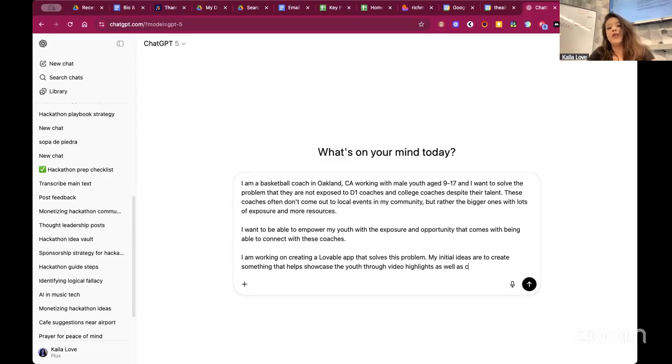As well as creating, not like a job board, but like a visual database of the coaches. It's an opportunity to do matching and bridge the gap.